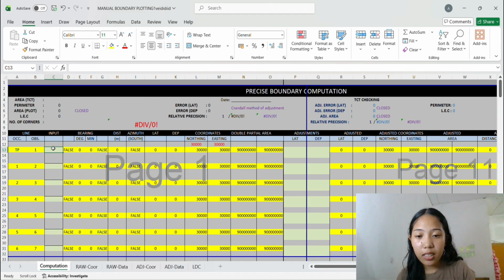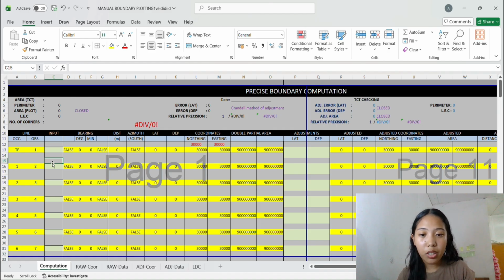The second row will be the magnitude of the angle, without colons, dashes, degree symbols, or any other symbols, so we only input plain numbers. Lastly, the third row will be for the distance of that line, also without commas, decimal points, or any other symbol, just a plain number as well.